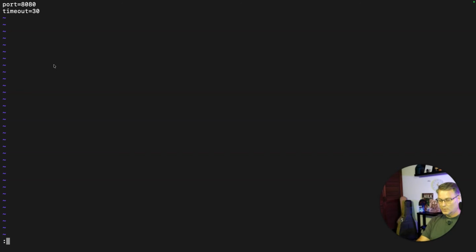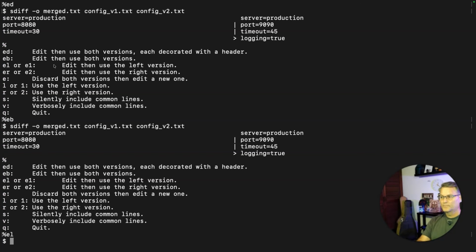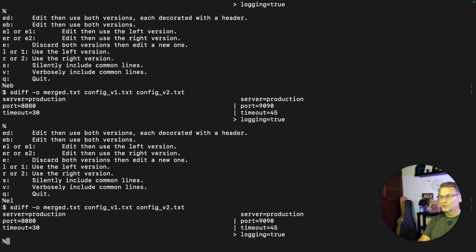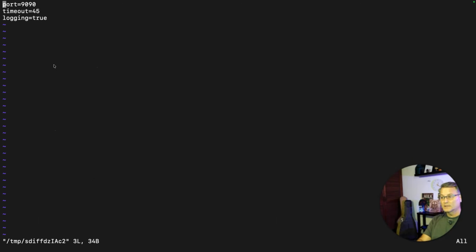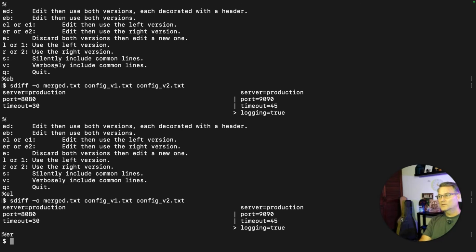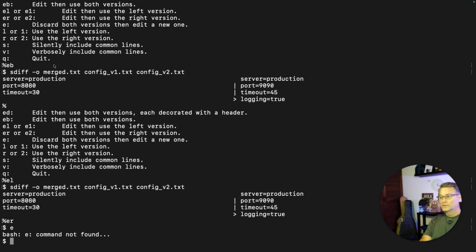Let's go ahead and type : and then Q to quit. We'll run the command again. We could use ER, which is using the right. Same process again, :Q to quit. Or we could just say discard both and edit a new one. And if we hit enter, well,